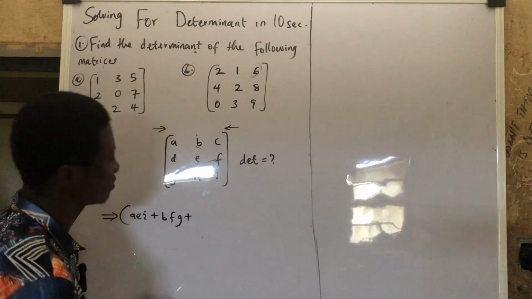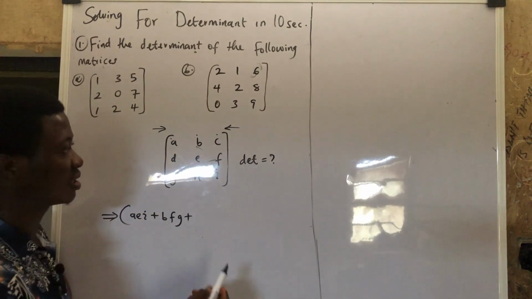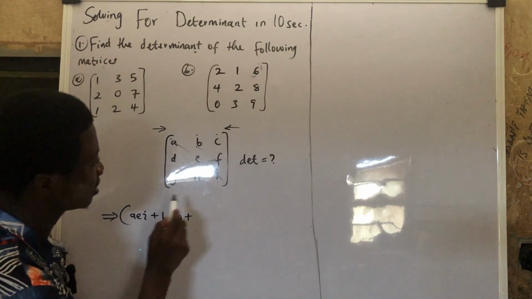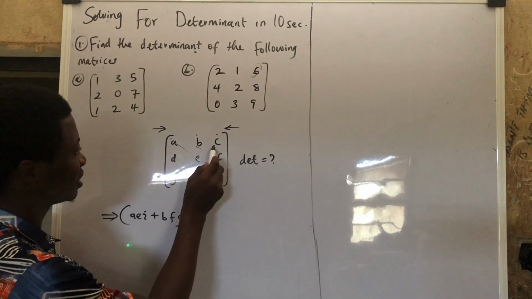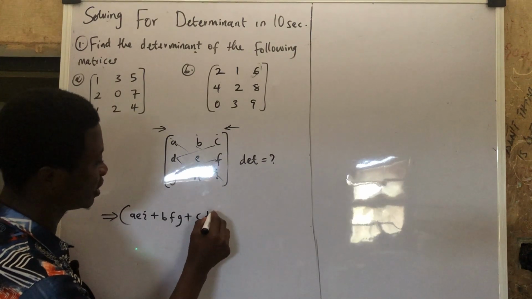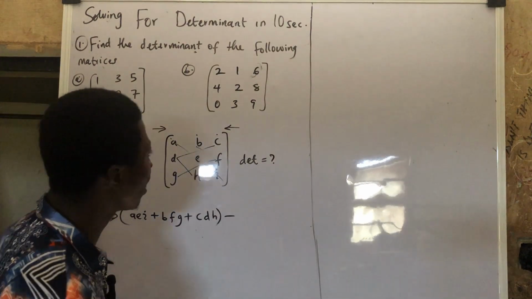So plus, if you are fast, you can actually get this very fast. So the next one is this. You know that you have covered this, you have covered this. So the next one is this, this, and this. So that's CDH. Now, then minus,